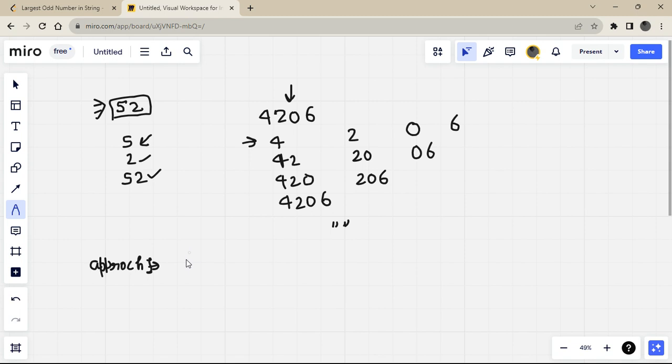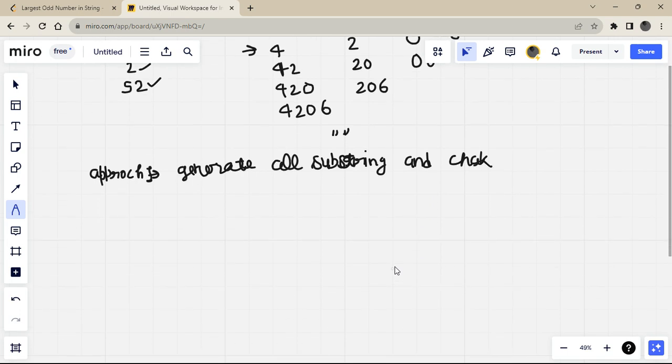So this is the first approach: generate all substrings and check. But we will not discuss this approach in our solution. We will discuss another approach which is better than this.